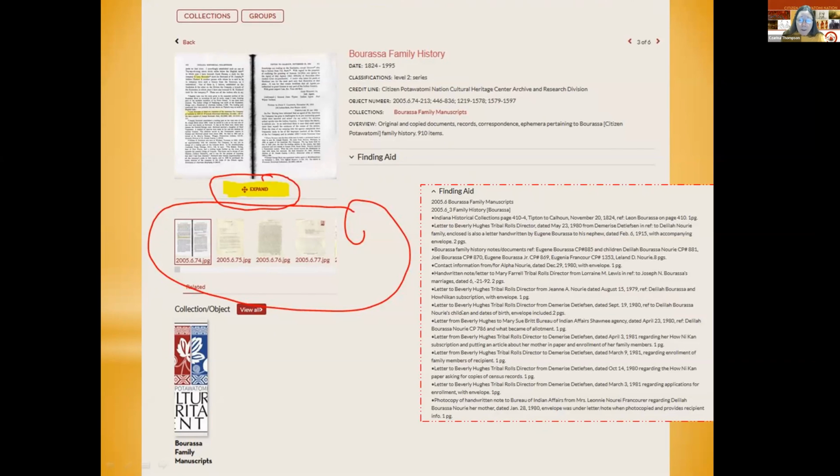You'll see a letter to Beverly Hughes. Sweet spirit right there. We love that girl. And so that'll be helpful in that way. But when you want to go through them and glance through all these, you'll just click either here on expand,